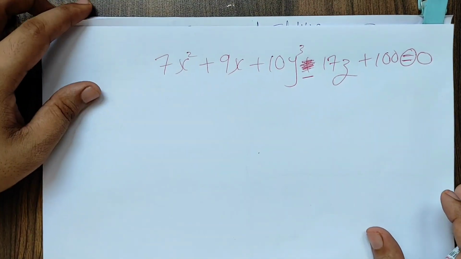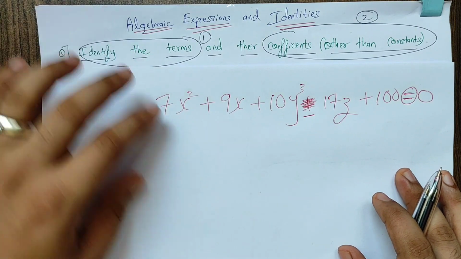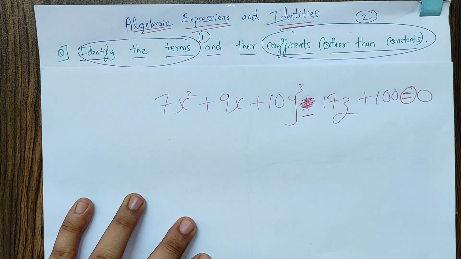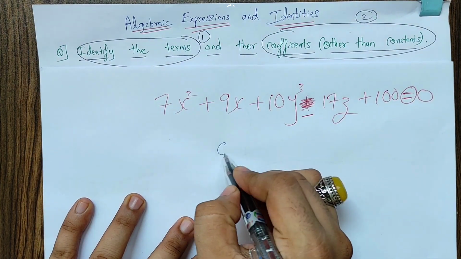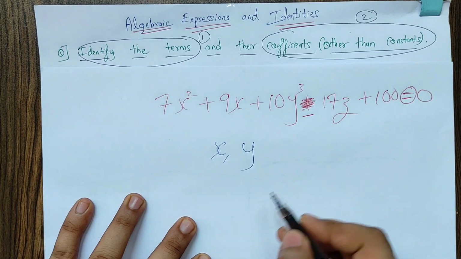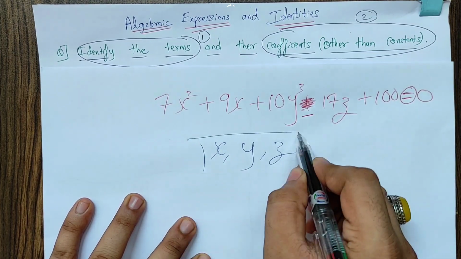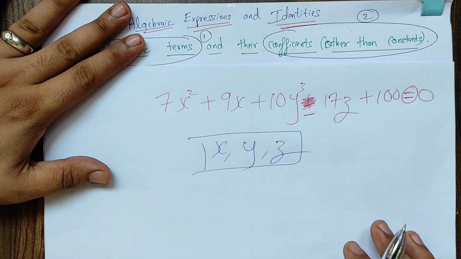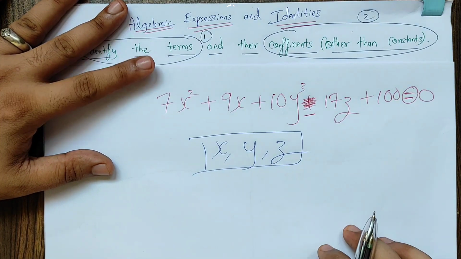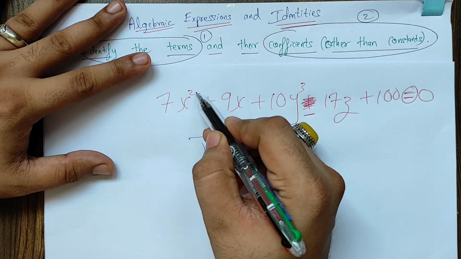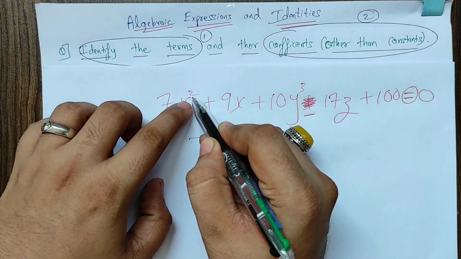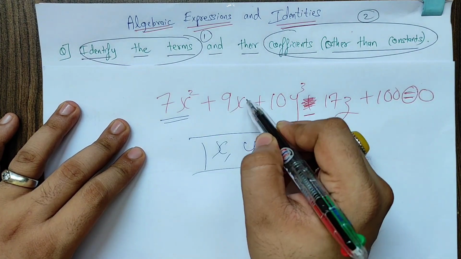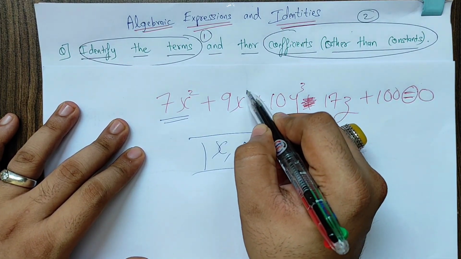I just want to ask you how many variables we can see over here. We can see x is one of the variables, y is one of the variables, and z is another variable. 3 variables. Now students, tell me one thing. If x, y and z are the variables, then here I can see x square, but power can be anything. Here I have x square, but can I say here we have a variable? Here the power of x is nothing mentioned, which means there is 1.